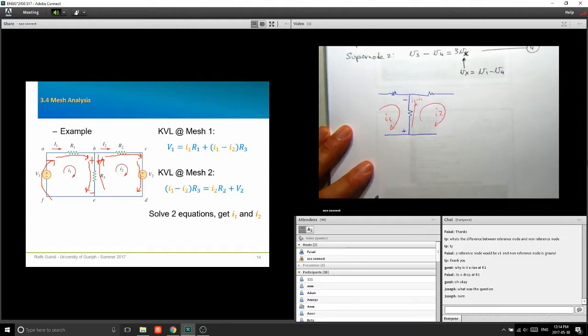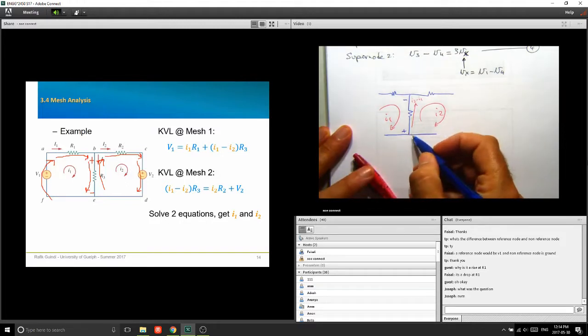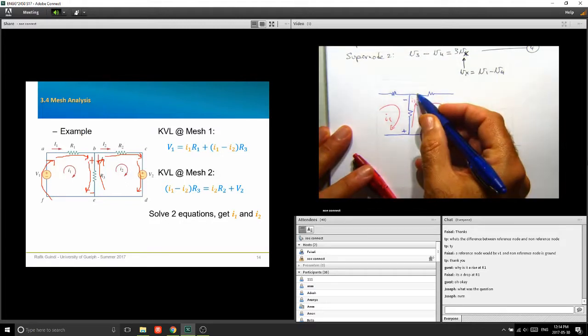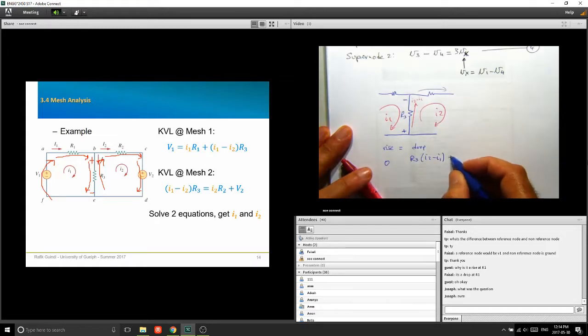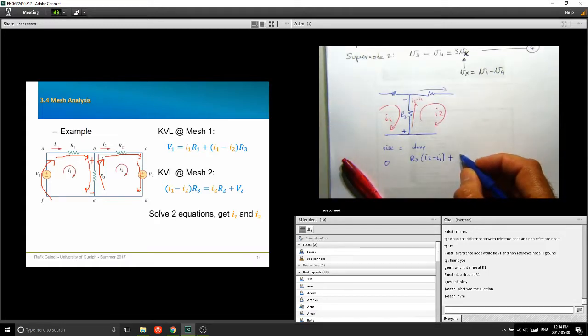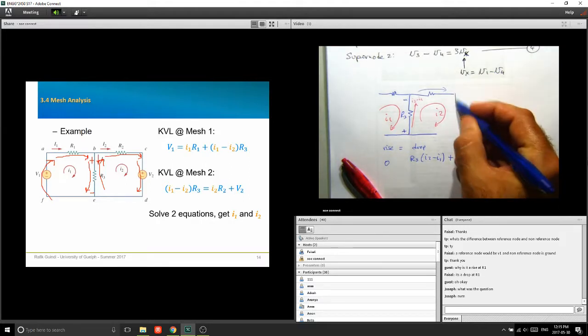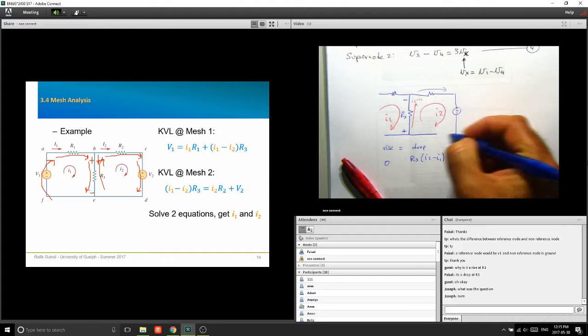That would be a drop going from here to here. Another drop, which we found out to be I2 R2, and then you have the voltage source, which is